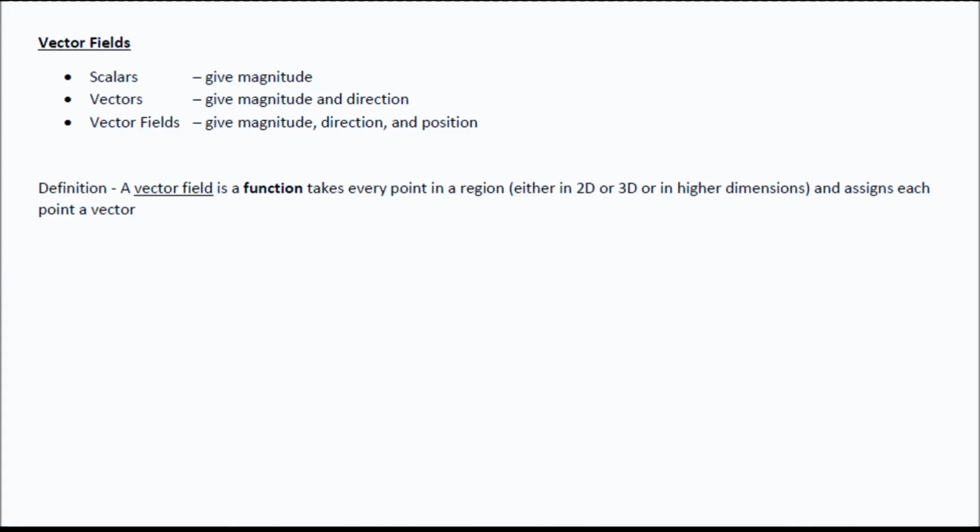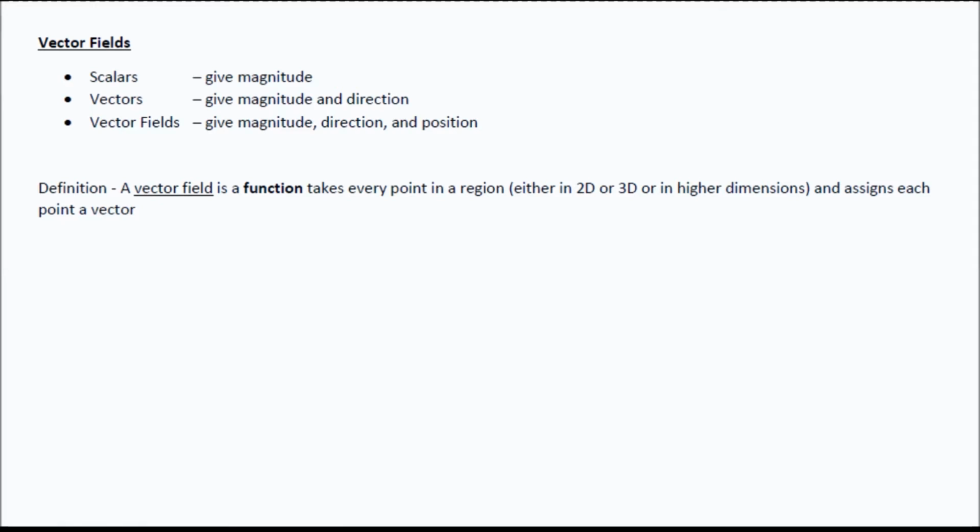Then eventually we use vectors, which have magnitude and direction, except we can move those vectors anywhere we'd like in space and make our parallelograms and such. Vector fields are going to give us magnitude, direction, and position. So now we're going to have vectors with magnitude and direction, except they're going to be fixed in a certain position. And so the way we're going to do this is that our vector field is actually going to be